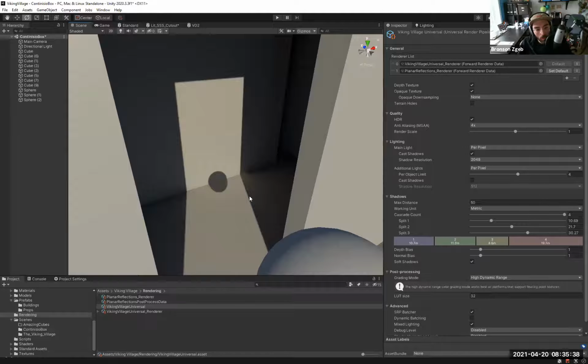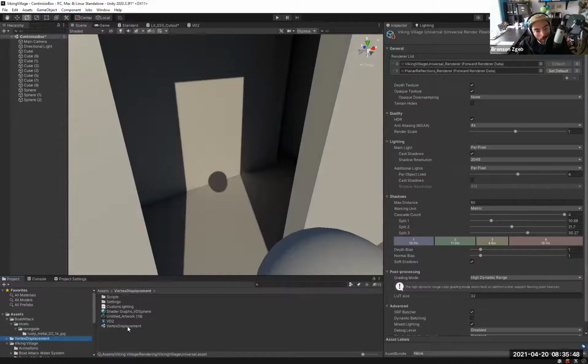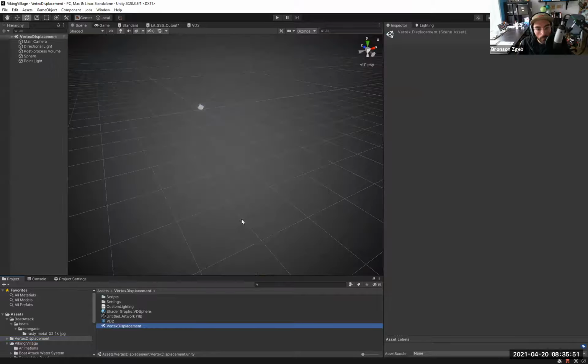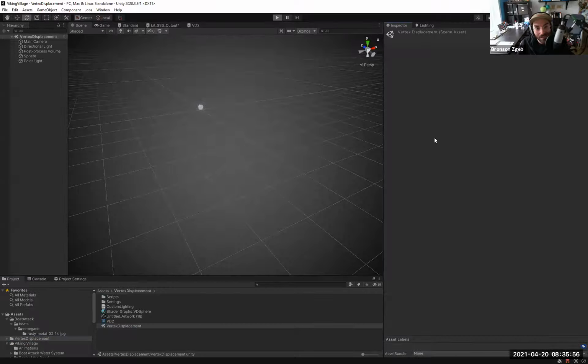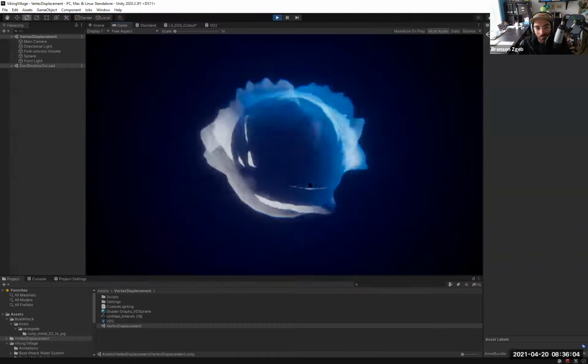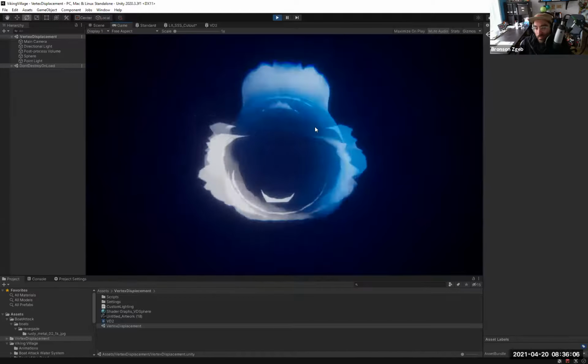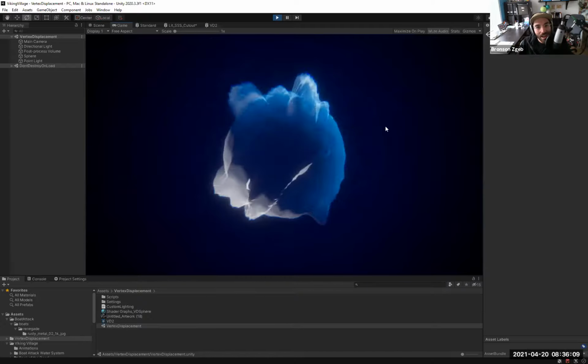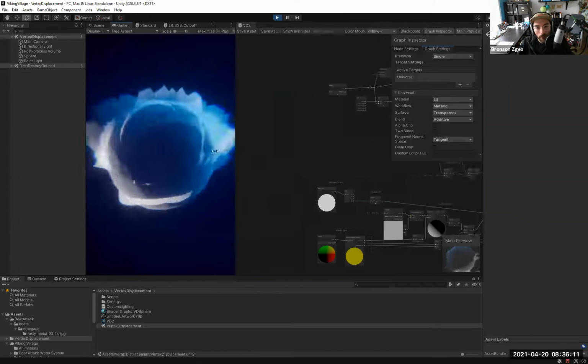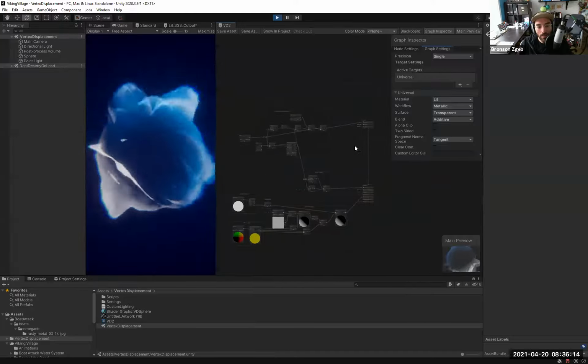No more questions. Okay, I have one more thing to cover, which is the new Shader Graph improvements. To do that, we're going to jump into this other scene. Can't see my play button. Well, there we go. Okay, so we have this cool vertex displacement shader running here, and the shader graph for that is here.